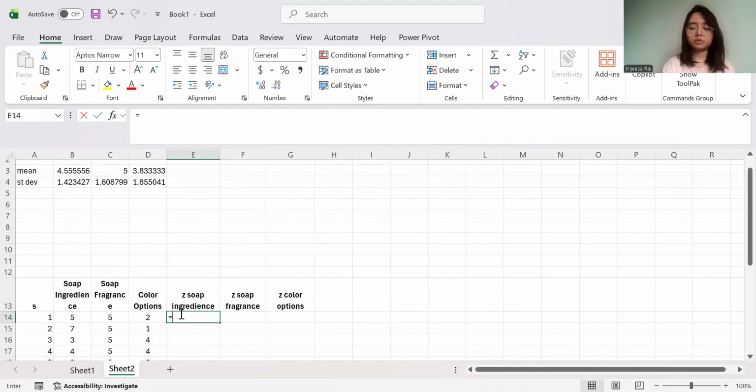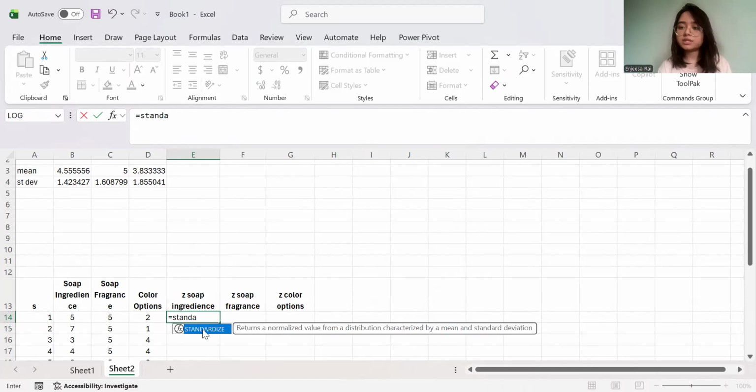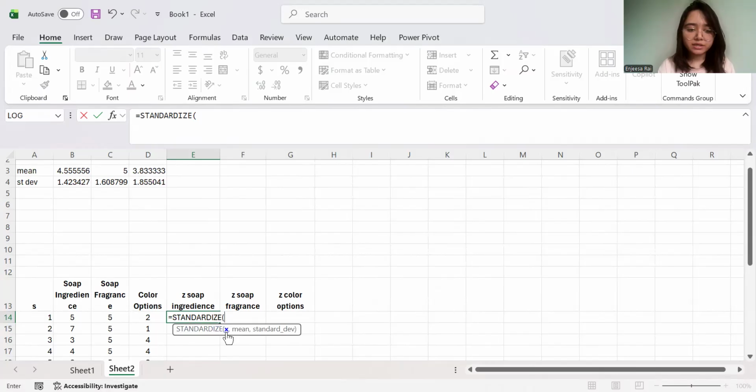The formula we use over here is the standardize function, and we can see here we have the X, mean, and standard deviation. The X value is the first of these values, and after that we get the mean, and then the standard deviation. Now you have to think about it. We want the X to change, but we don't want the mean and standard deviation to change for the soap ingredients, because it is the same for all the soap ingredients. That's why